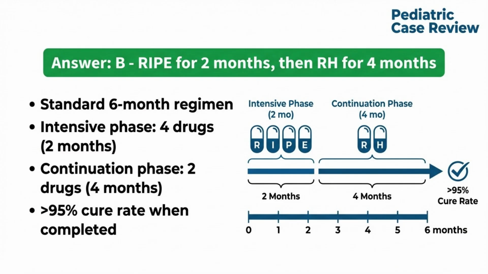for 4 months. This standard 6-month regimen for drug-susceptible tuberculosis consists of an intensive phase using 4 drugs for the first 2 months to rapidly reduce bacterial load, followed by a continuation phase with 2 drugs for 4 additional months to eliminate remaining dormant bacteria. This regimen achieves cure rates exceeding 95% when completed as prescribed. Recent guidelines also support a 4-month regimen for non-severe disease in some children, but the 6-month regimen remains standard practice